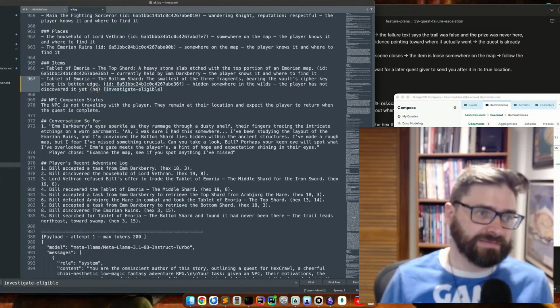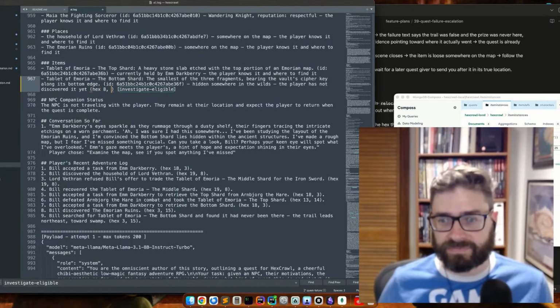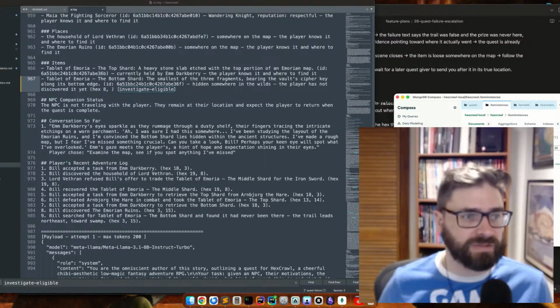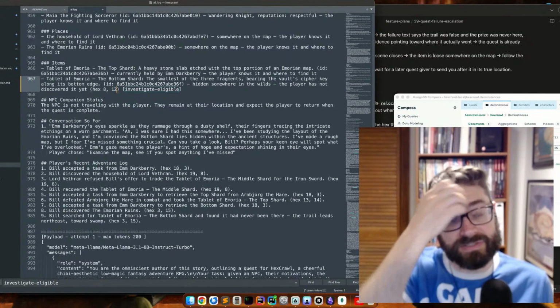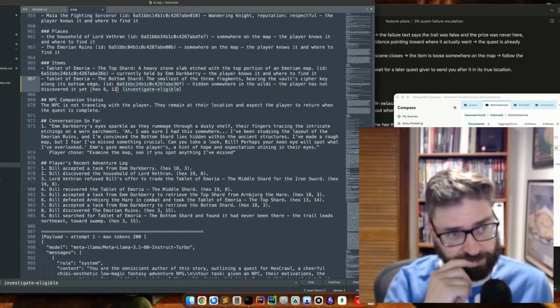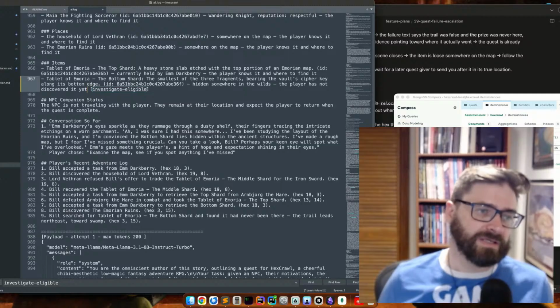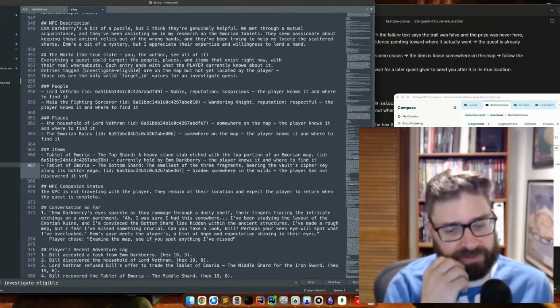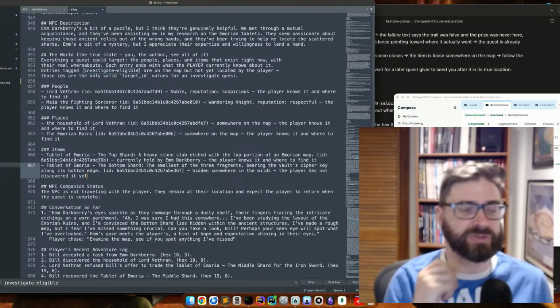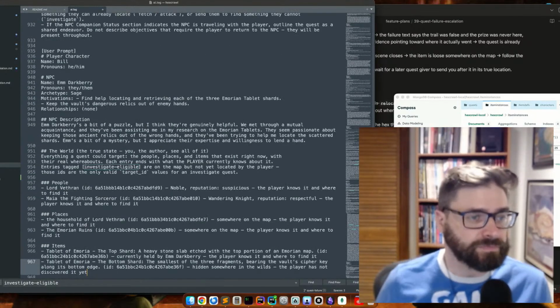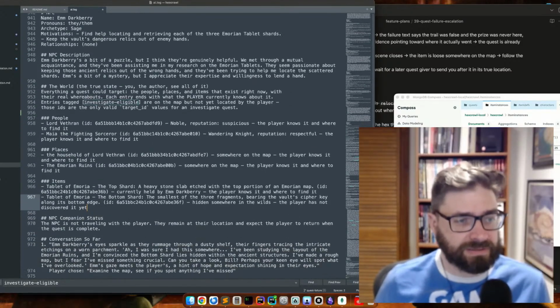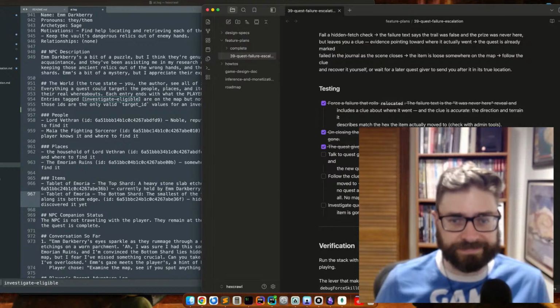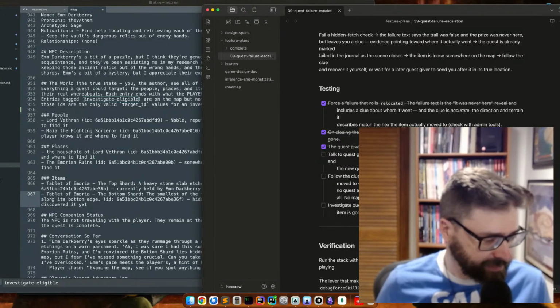And something about hex 8. What did I say it was? We know it, 812. We know its location. We know that it should be investigate eligible. Also, I'm a little worried about the investigate not even being able to target items. So this is a little crunchier of a problem than I was expecting to find tonight. But it's very interesting.